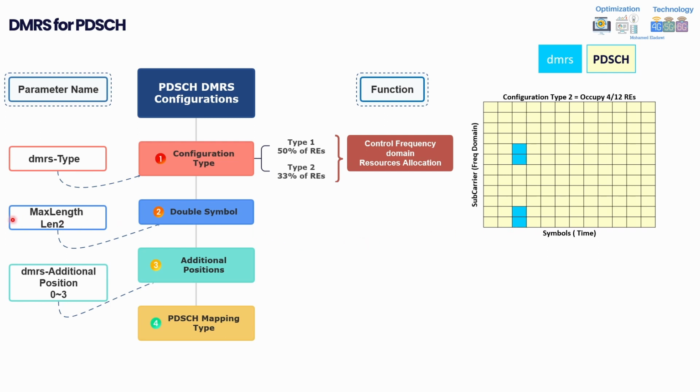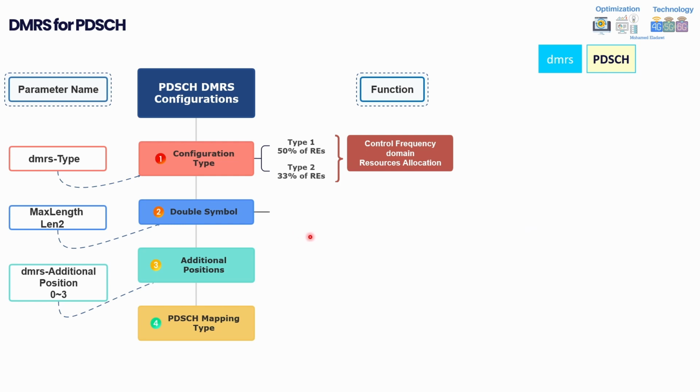You have this parameter which is called maximum length. I believe you'll find it within the same name or a different name in the 3GPP parameters. This one will increase the number of symbols, so you can have an additional symbol here, and accordingly can also increase the scope of frequency multiplexing, or more about the code division multiplexing and so on. So the double symbol is being controlled by the maximum length, and the more symbols you have,